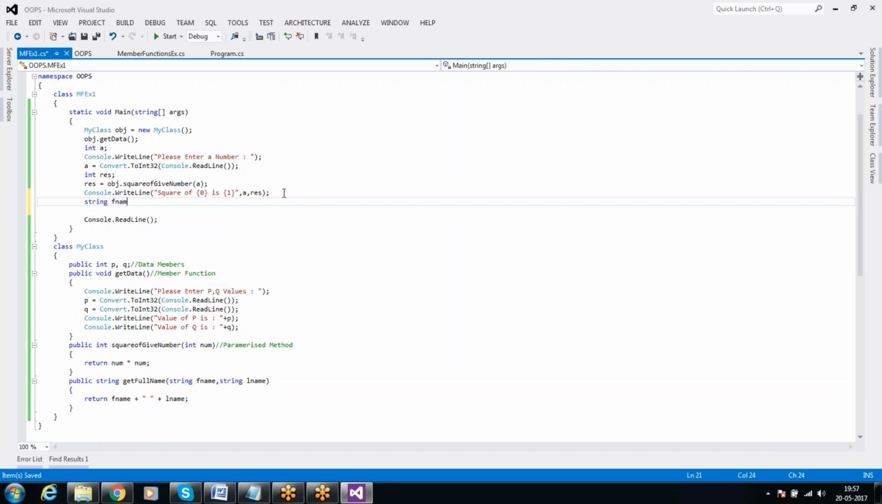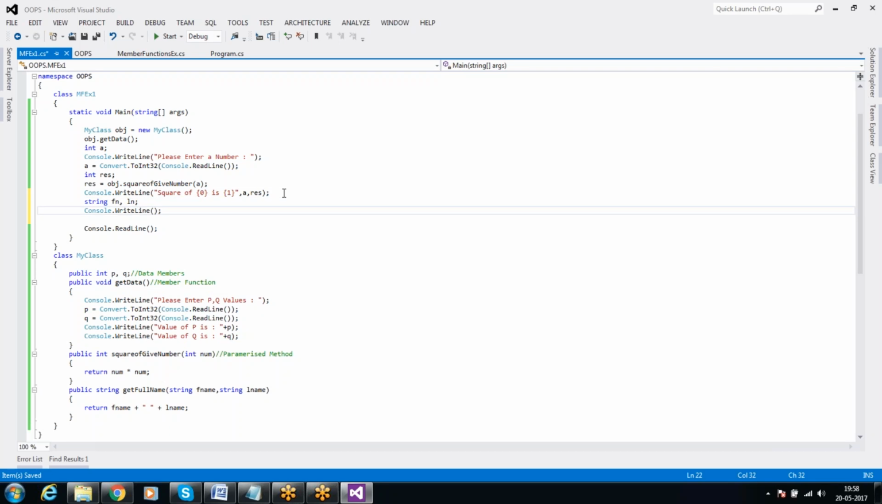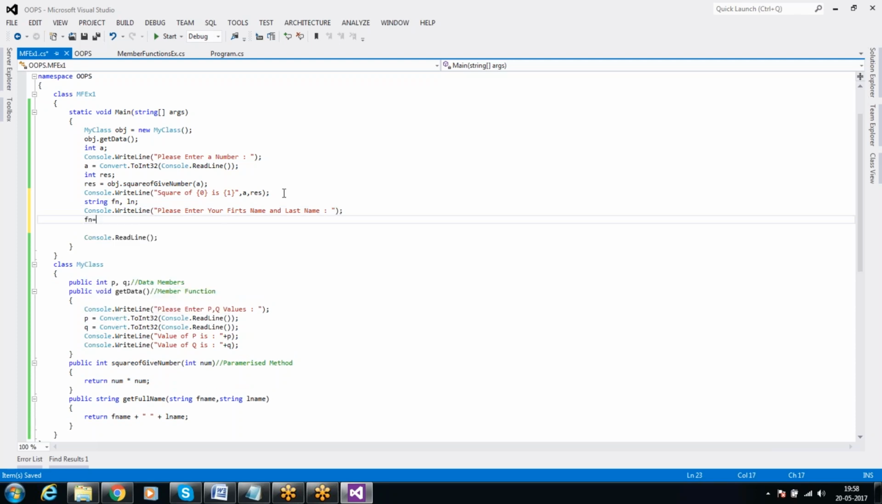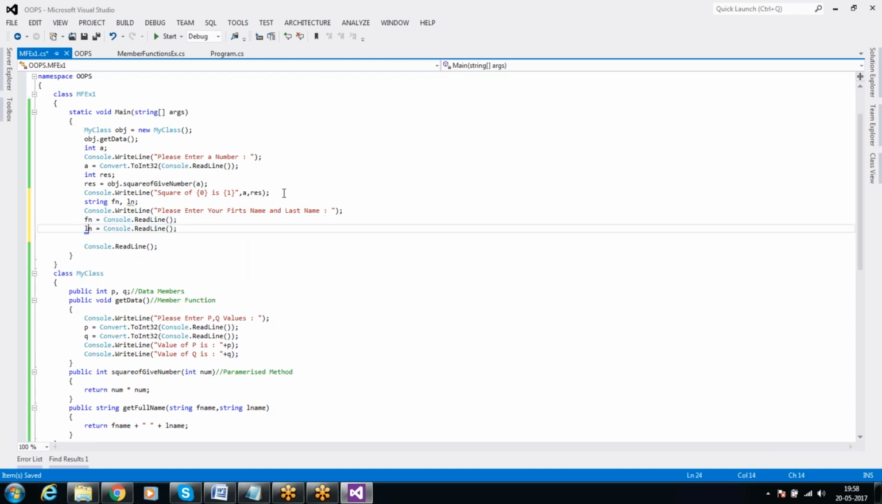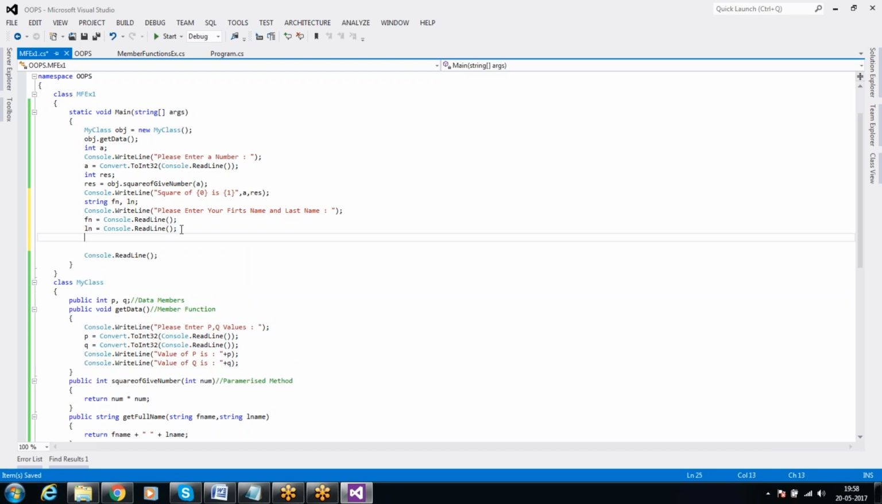String fname, ln. So we are asking the user, please enter your first name and last name. Okay, so fn equal to Console.ReadLine, ln equal to Console.ReadLine. Okay, here I'm going to pass these values. Console.WriteLine